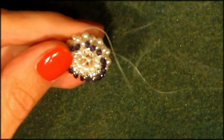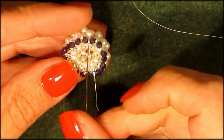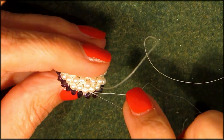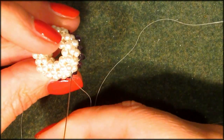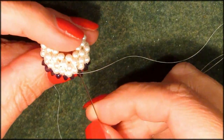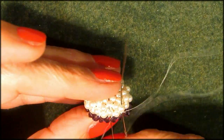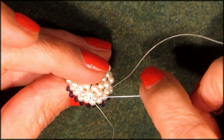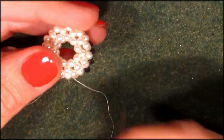I'm going to go back up. And I'm going to go into that pearl on the right side right there. And into this top pearl. Now the thread that was on the right side is fairly easy because that already came out on the top here. Crossing in that same bead. Going to the other side. Putting that right needle on the right side. Left needle on the left side. Into the middle pearl, into that middle pearl,